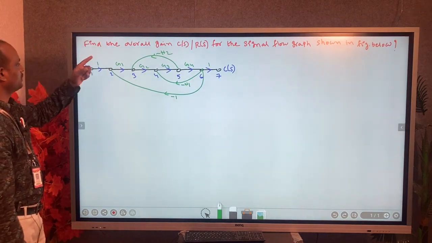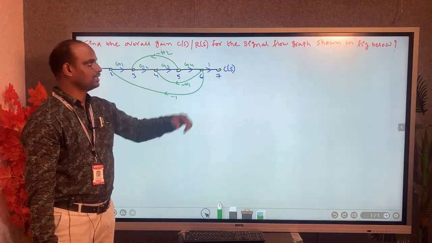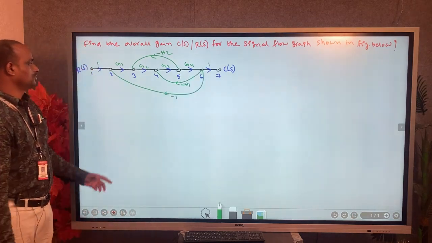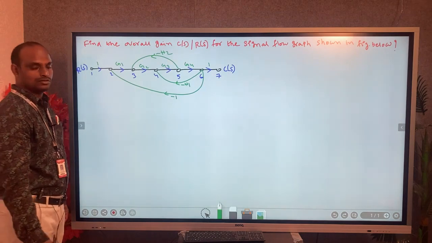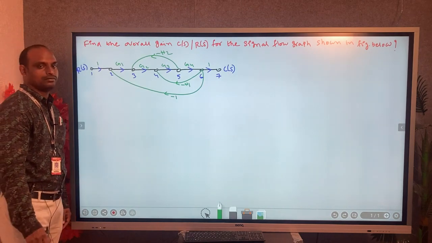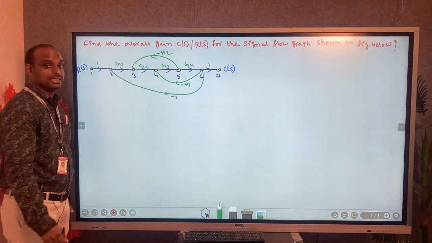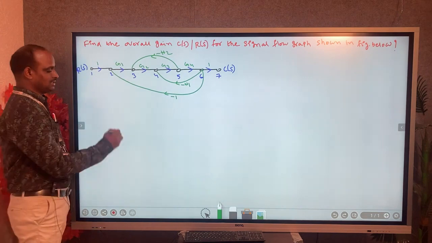So the given question is: find the overall gain C(S)/R(S) for the signal flow graph shown in the figure below. So this is the signal flow graph given. For this, we have to find the transfer function. The transfer function for the signal flow graph can be found from Mason's gain formula,